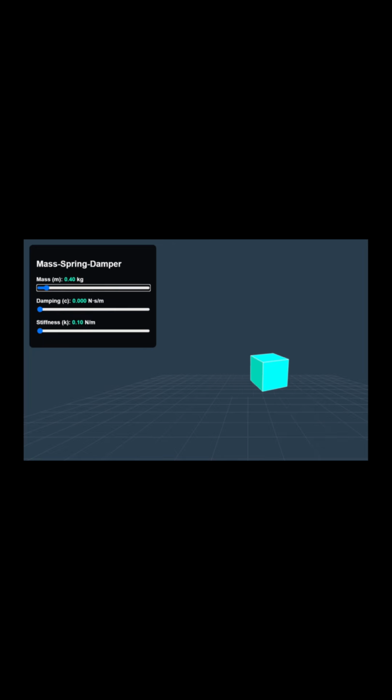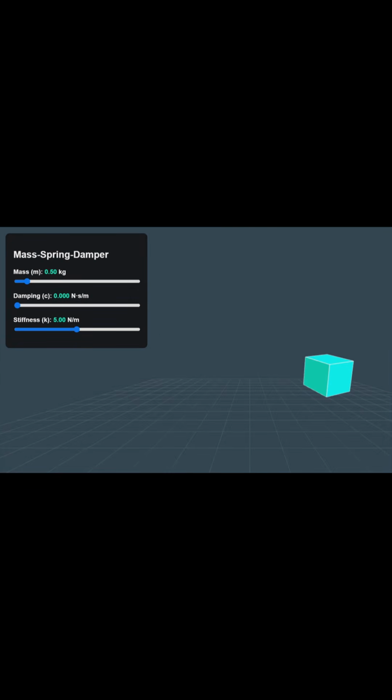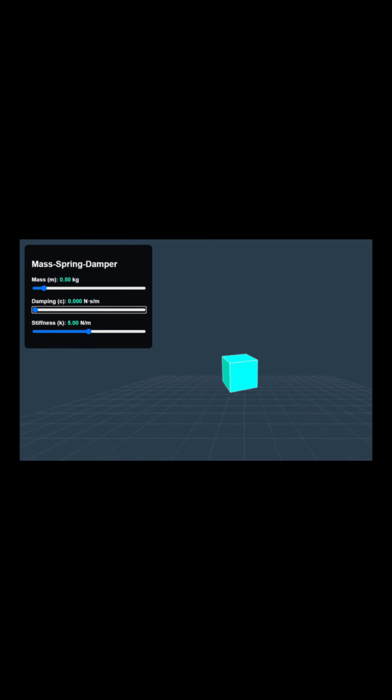Now, let's look at the damping. This represents the energy dissipation, the friction resisting motion. Even with our fine-tuned range of 0 to 0.01 newton-seconds per meter, watch the effect. At 0, the system oscillates indefinitely, a state of pure, undamped harmonic motion where the poles sit exactly on the